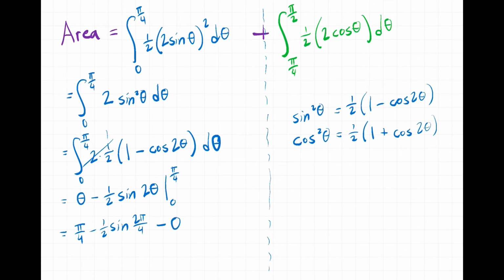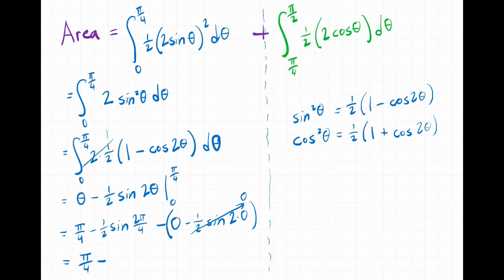minus 0, and I'll put a parentheses here, and then minus 1/2 sine of 2 times 0. Now, 2 times 0 is 0, and the sine of 0 is already 0. So this guy just goes to 0. Get rid of it right away. And we end up with pi over 4